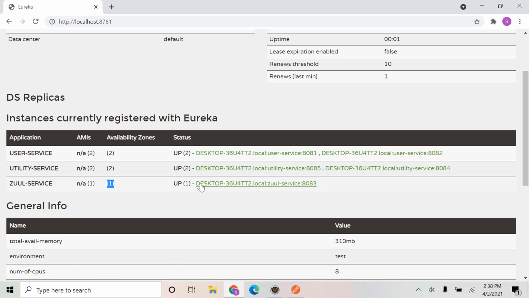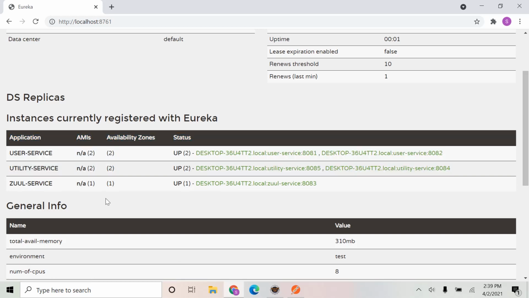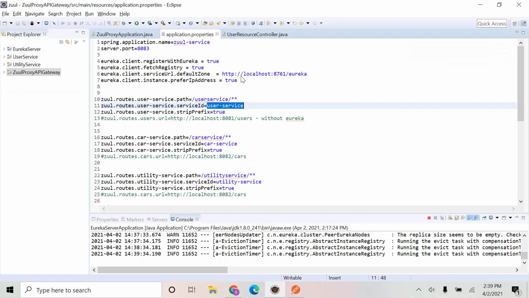So now this Zuul service is the API gateway and it is a single point of entry to our backend services. We should send our request to the Zuul service only. Zuul service is now running on port 8083. So here we have to send the request to this Zuul service, which is running on port 8083, followed by the path. As the request reaches this Zuul service, this API gateway takes the path information and finds the corresponding microservice. Here you can see for the path that contains the user service keyword, it identifies this as a service. So now based on this path service mapping, the request will be forwarded to the corresponding microservice.